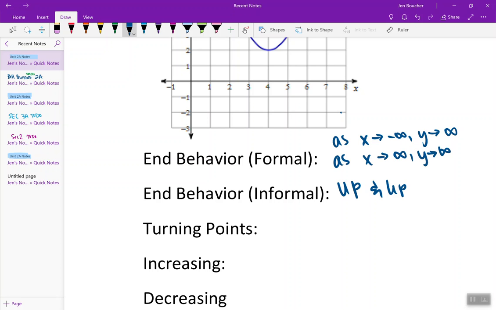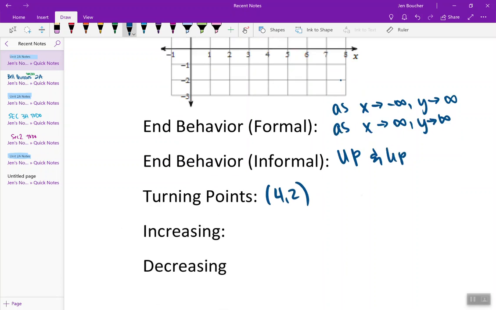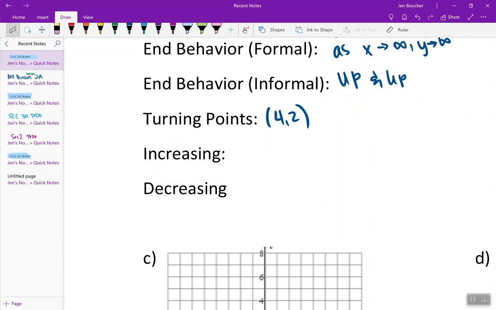Now, when I say turning points, I don't want to know how many there are. If I wanted to know how many there are, I would have asked for the number of turning points, but I didn't. So turning points, I need to actually figure out where the turning points are. So in this case, it turns where? At 4, 2. And the increasing, decreasing intervals historically have been the ones that you make the biggest mistake on. What I'm really asking here is for what values in the domain